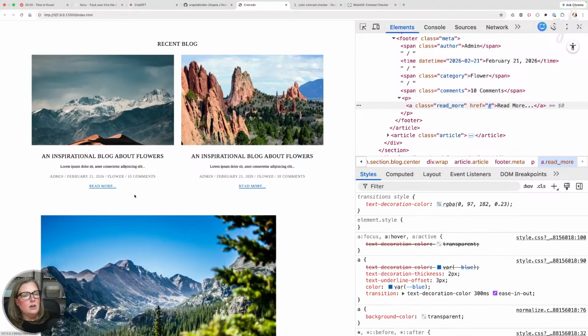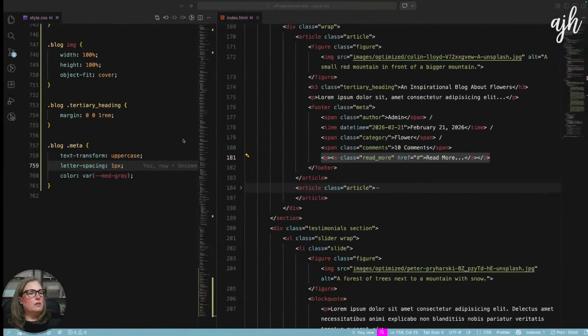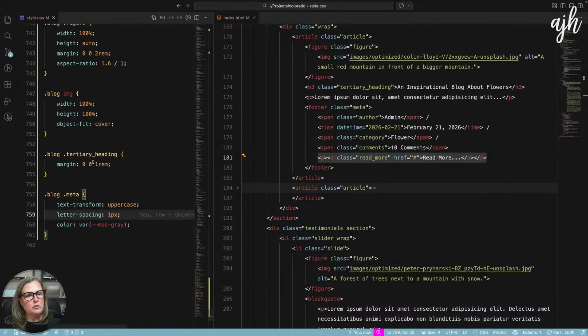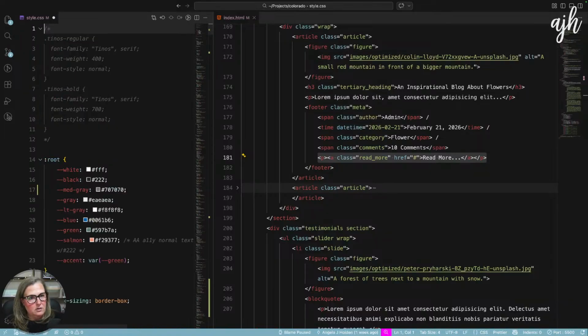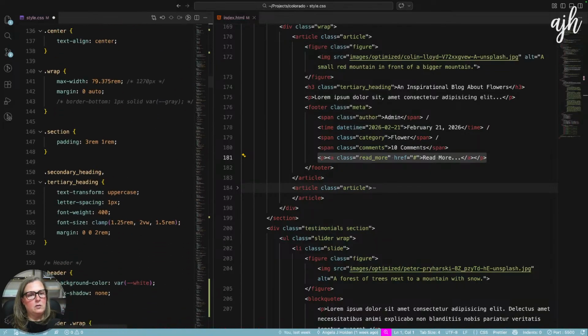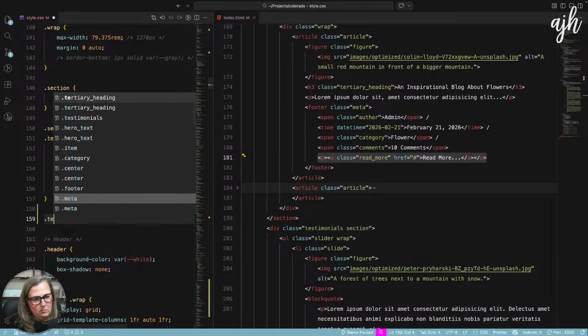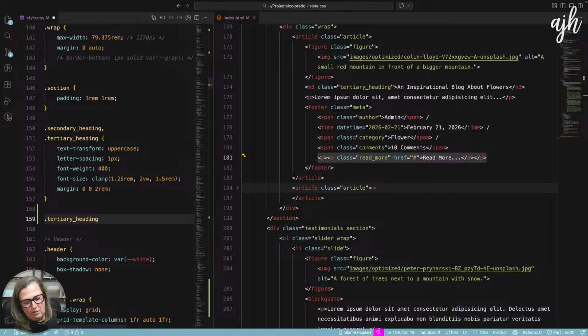What do we think? You know what else I think I'm going to do? I think for the tertiary headings, I'm going to change the margin globally. That's the other thing I'm going to do. So this right here, we don't need that. So up here, tertiary heading.